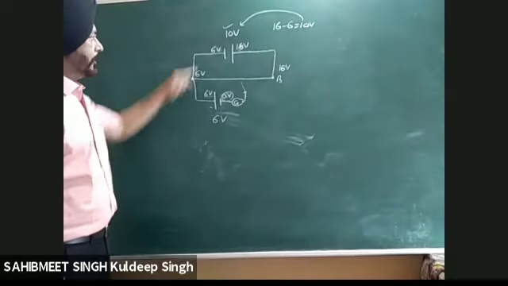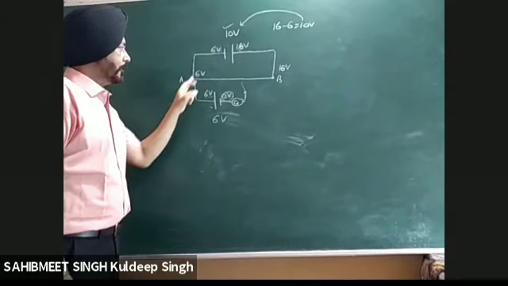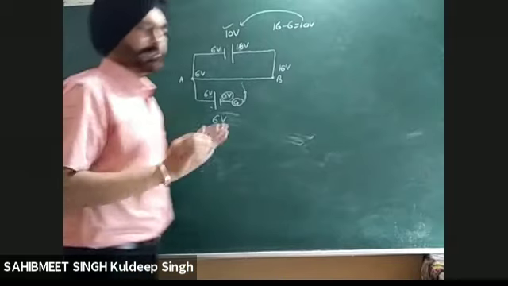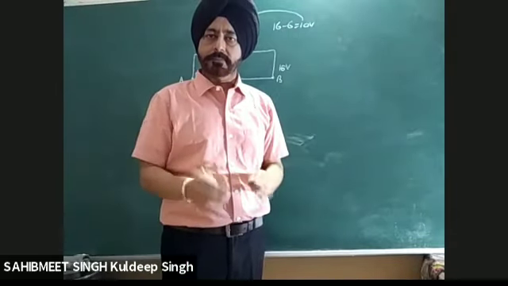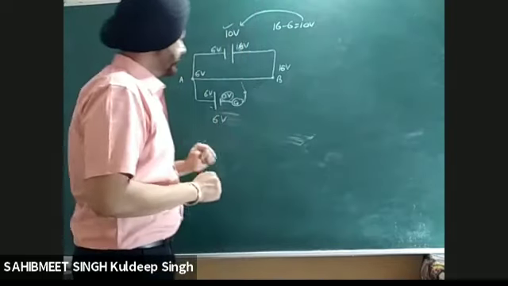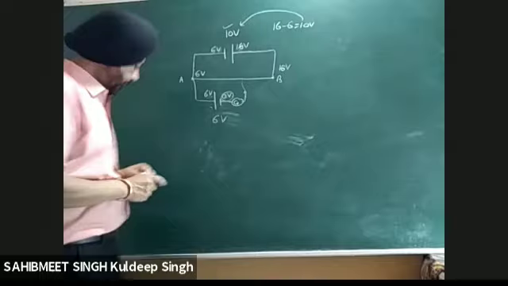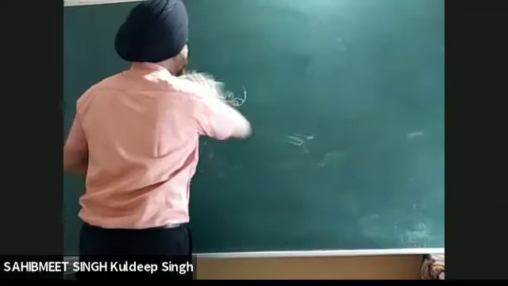So therefore, when you connect the opposite polarity of the driving and the secondary cell here, the balance point is not possible. That's why you have to keep in mind that polarity should be the same. Okay, this may be a 1 mark or 2 mark question in your exam.